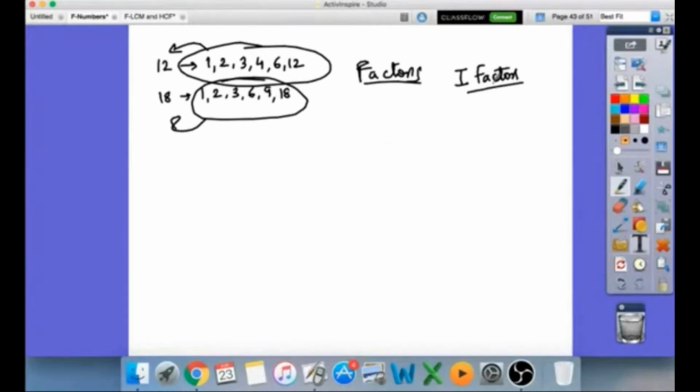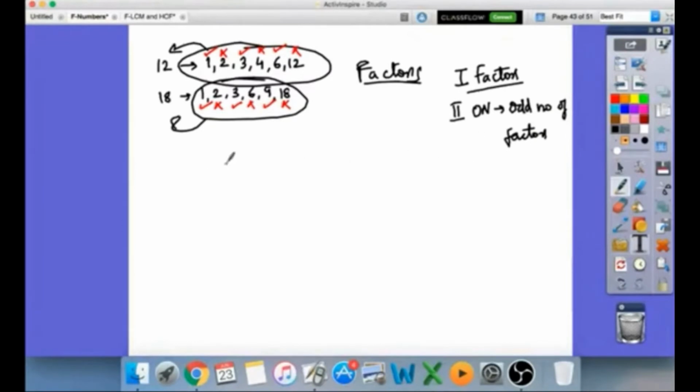Okay. Then conclusion number 2. Let's understand: if this fellow turns it on, this fellow turns it off. On, off, on, off. Similarly, this fellow turns it on, this fellow turns it off. So the second conclusion is that if there are an even number of factors, it will be in off position. If there are an odd number of factors, it will be in on position. So for the switch to be on, we'll need an odd number of factors.